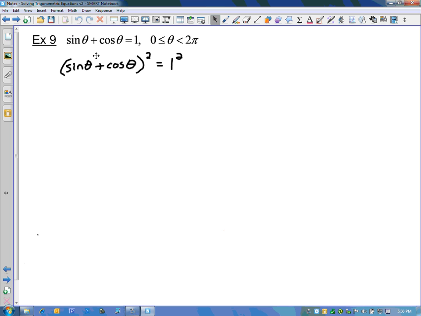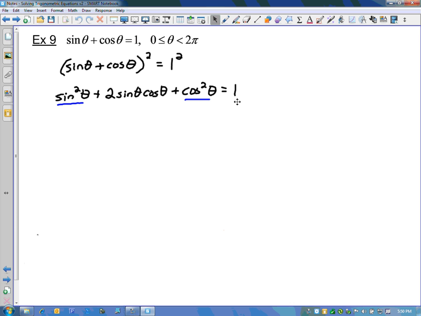Now don't fall into the common algebra trap here. A plus B quantity squared does not equal A squared plus B squared. A plus B quantity squared is A squared plus 2AB plus B squared. So if we expand the binomial, we should get sine squared theta plus 2 sine theta cosine theta plus cosine